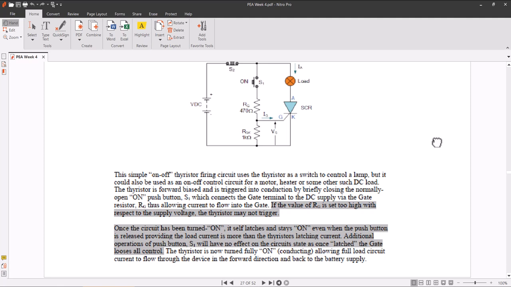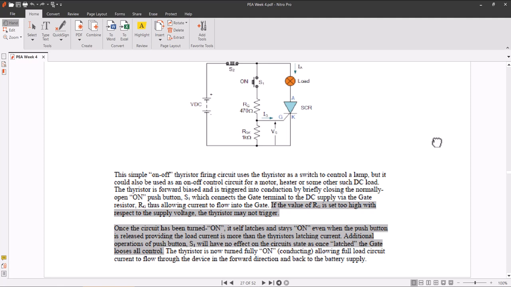Once the circuit has been turned on, it self latches and stays on even when the push button is released. अब एक बार आपने S1 को पुश किया तो ट्रिगर हो गया। अब S1 का काम खत्म है, अब ये चल रहा है, इसको बंद करना है तो आपको S2 को प्रेस करना पड़ेगा। Additional operation of the push button S1 will have no effect. अब S1 एक बार चला दिया, अब उसको दबाते रहे उससे कोई इफेक्ट नहीं पड़ेगा। If it has latched, there is no effect. The gate loses all control, the thyristor is now turned fully on,